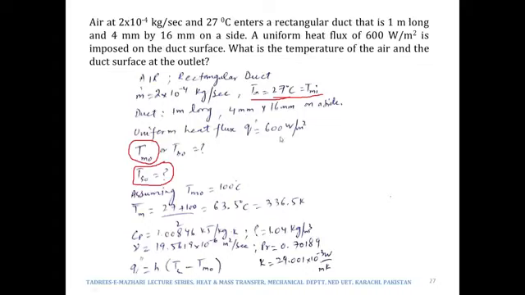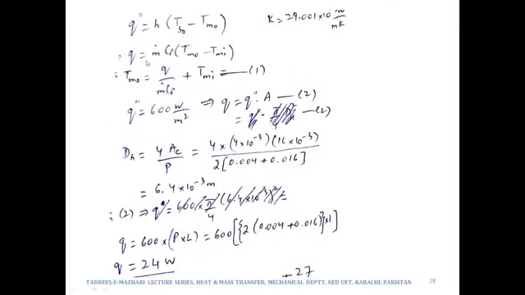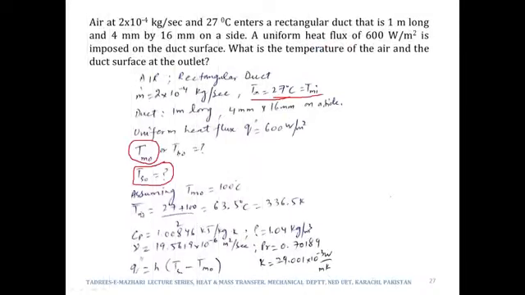Yes, so heat flux is 600 watts per square meter, so we can always find out Q. So we can use this expression to find out the value of Tm at the exit of the duct. It is a very simple equation, but in order to find out Tm at exit, all we need is the value of the Cp, for which we need to assume the value of